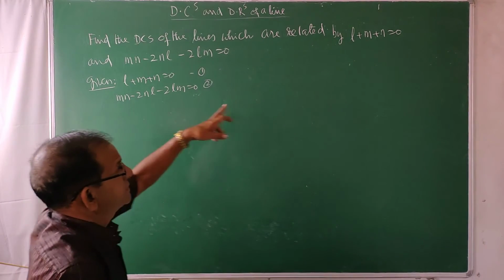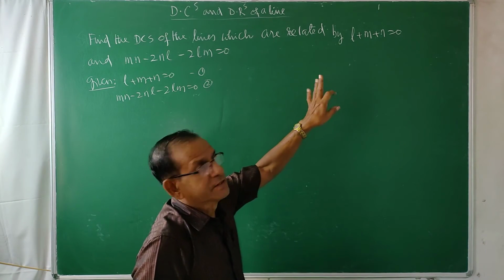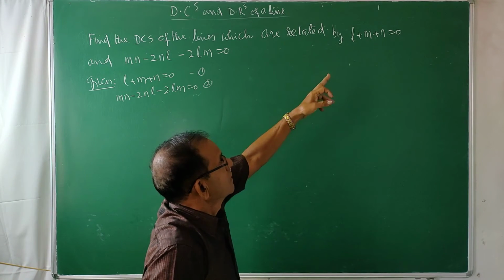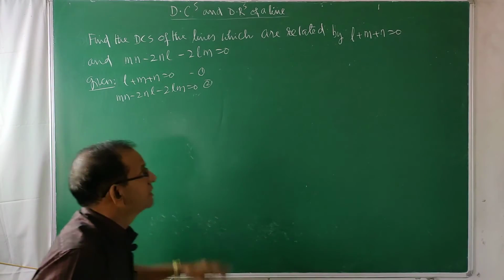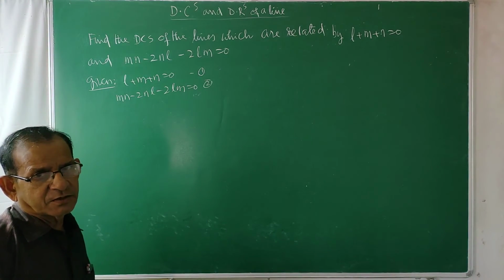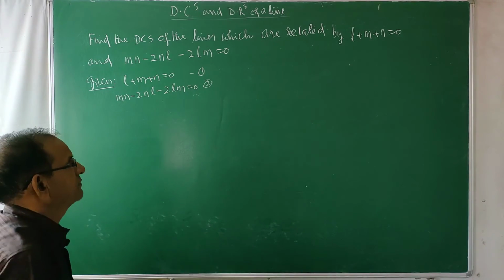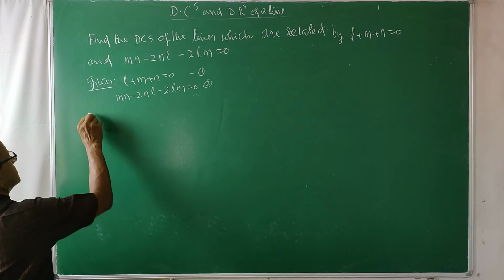Here two relations are given between L, M, N. They are the DCs of two lines. Now one is L plus M plus N is 0 and the other one is Mn minus 2NL minus 2L is equal to 0. Let us take those two relations as 1 and 2. From 1,